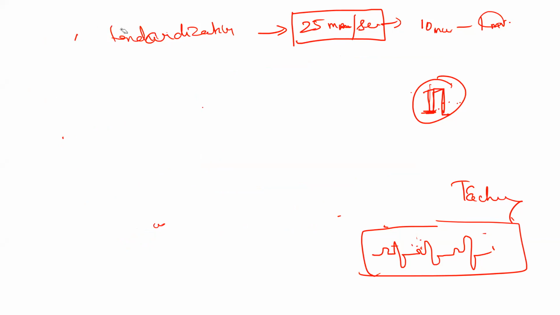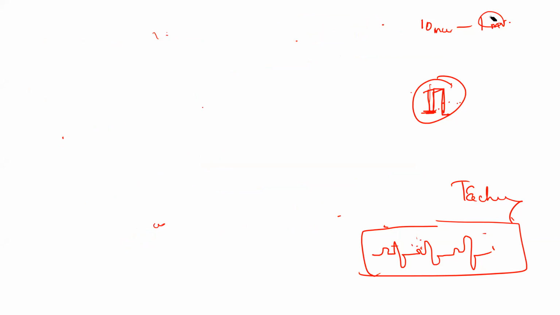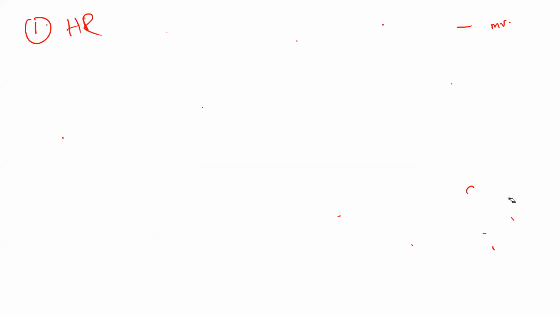Now, you are given an ECG of standard speed. What is the first thing you look for? Just tell me, what do you do normally? First thing you do: check the rate, the heart rate. I hope the majority of you know how to calculate the heart rate. Just for refreshment, how do you calculate the heart rate with large boxes?